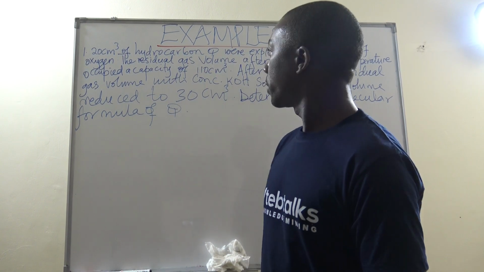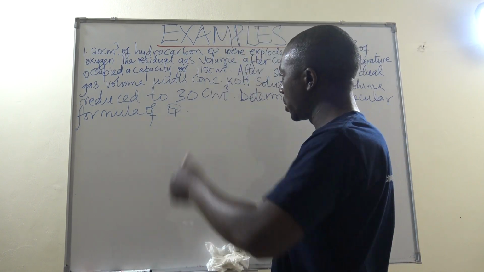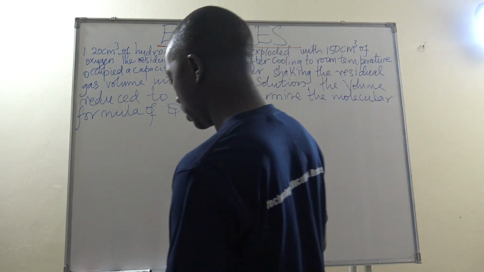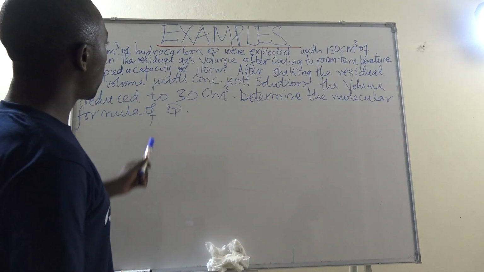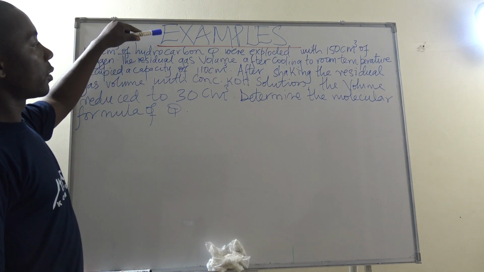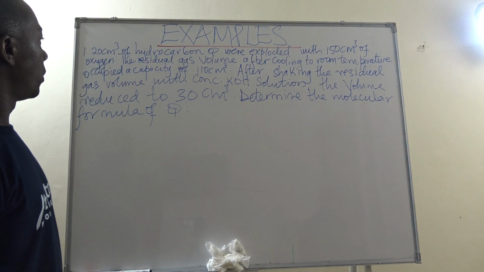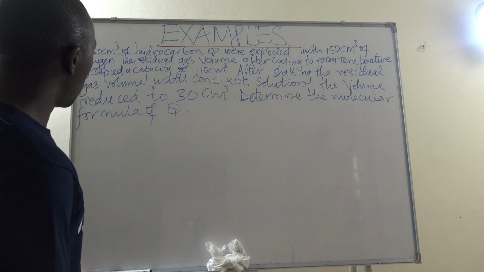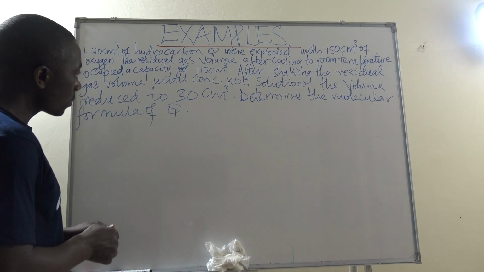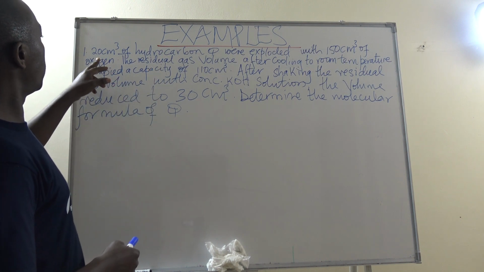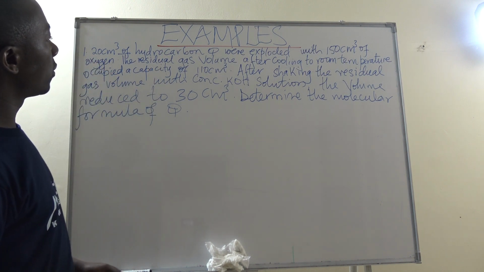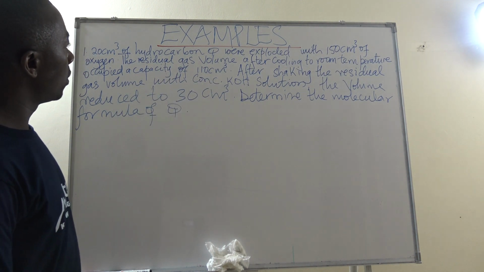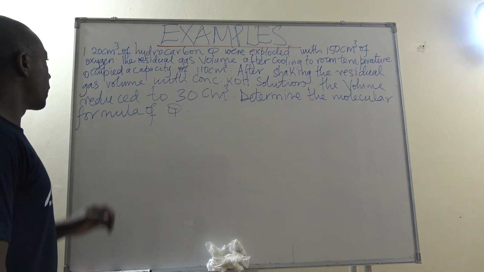We are still looking at gaseous hydrocarbons and trying to establish examples of how we can calculate the molecular formula of these gaseous hydrocarbons by simple combustion of these hydrocarbons. Now, we have been given the question. It says 20 cubic centimeters of the hydrocarbon Q were exploded with 150 cubic centimeters of